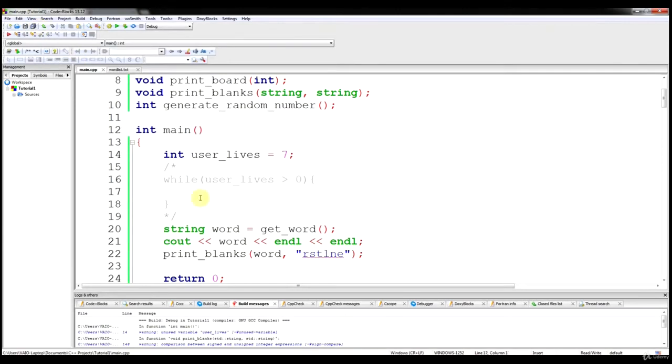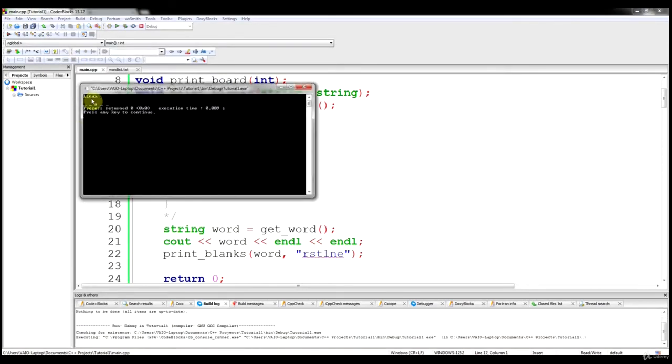If we run this program, here we go. The word was Linux, and since N was one of our letters guessed, we get the letter N. Now you might see that L is a capital L, and we have L here. That's something I need to fix, obviously. I think I have capital letters in my word list, so we're actually going to change that. I'll change that in between tutorials, because obviously that's a bug in our program, because we want